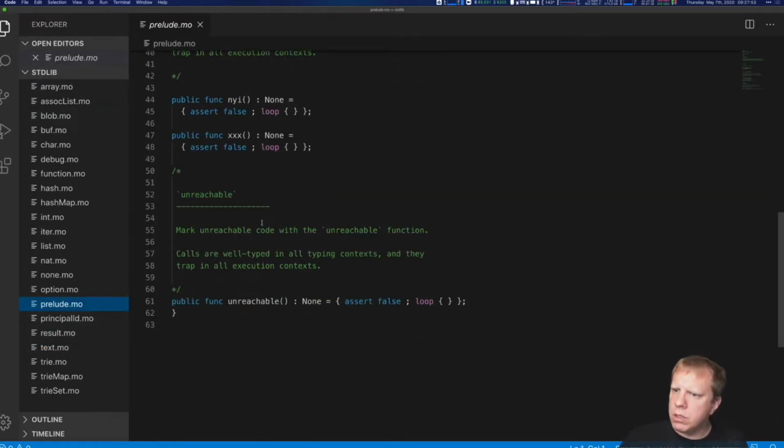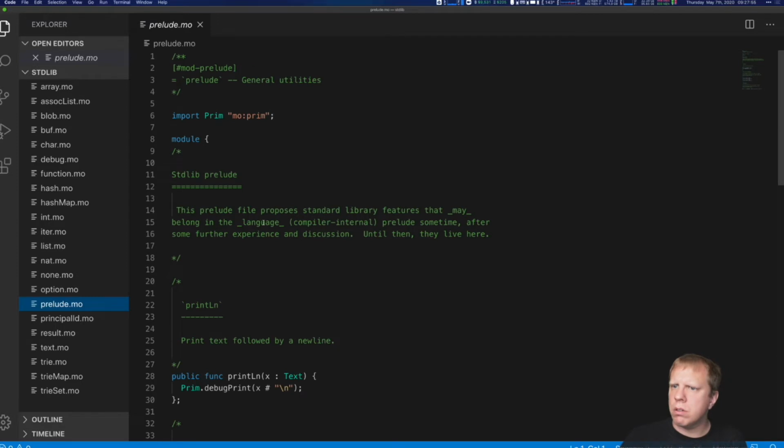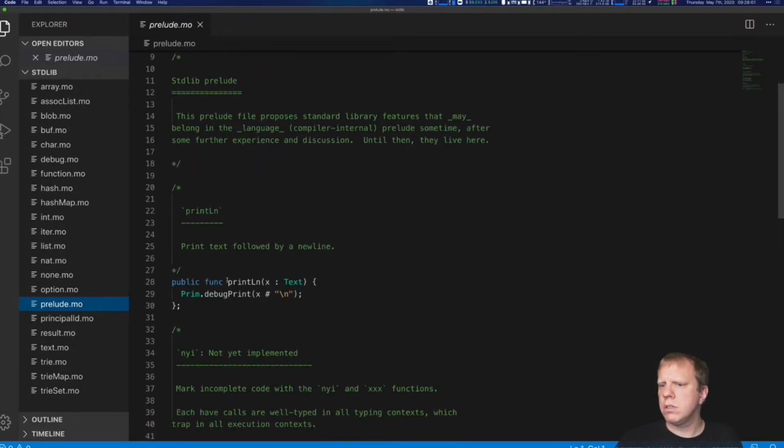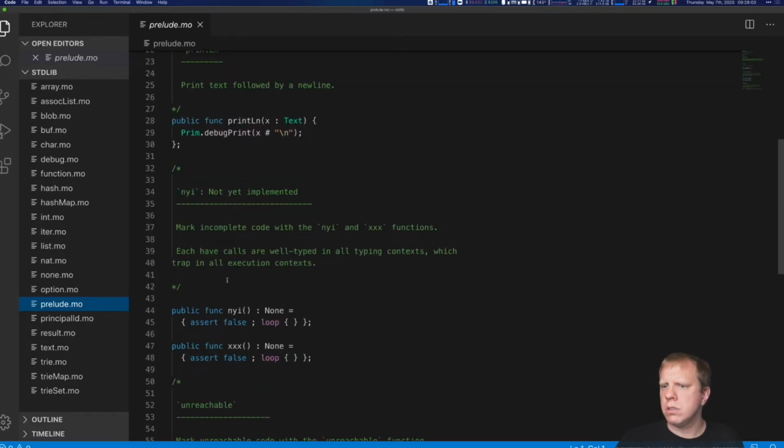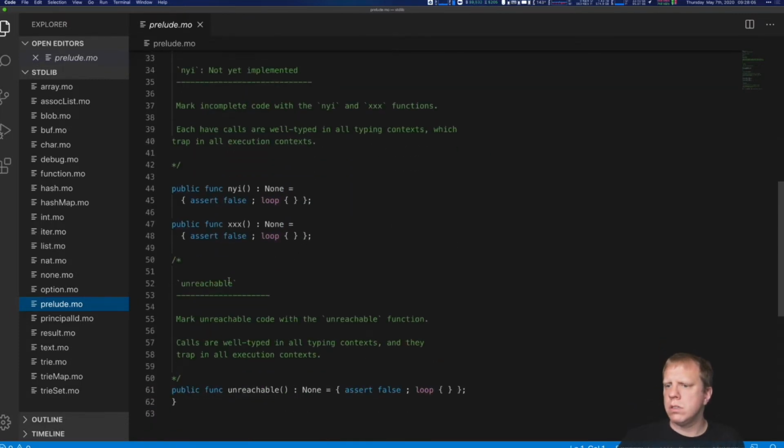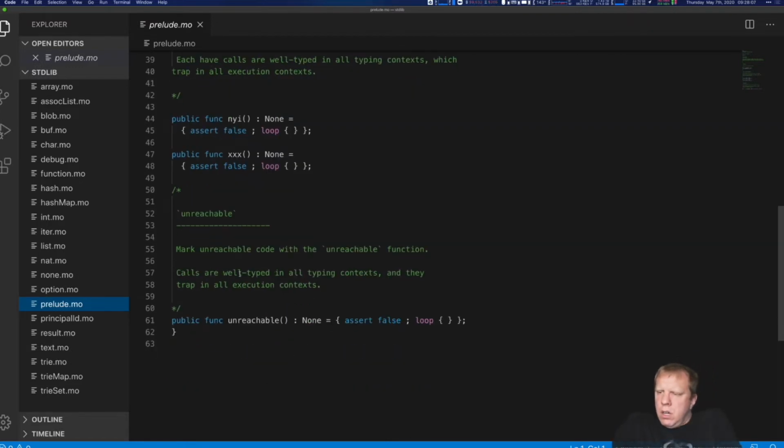It is, but wait. Well, there's an assert. Maybe we could use that, but